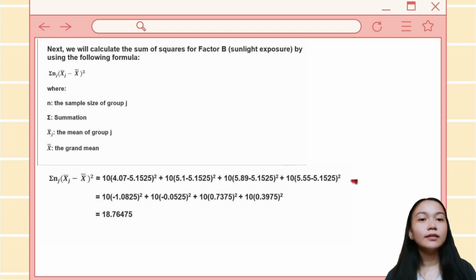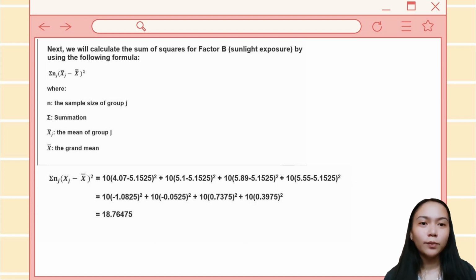So it will be equal to 10 (the mean of no sunlight exposure minus the mean of all plants)² plus 10 (the mean of low sunlight minus the mean of all plants)² plus 10 times (the mean of medium sunlight minus the mean of all plants)² plus 10 times (the mean of high sunlight minus the mean of all plants)²